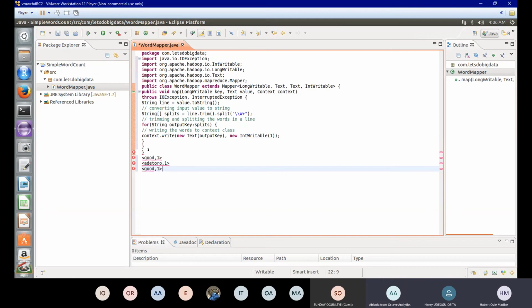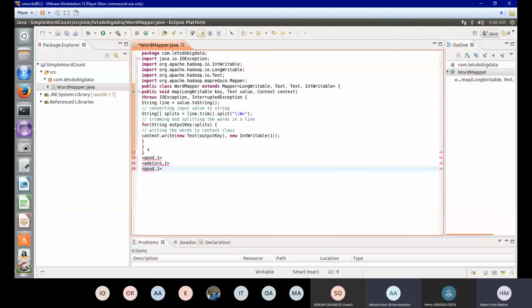Now, this is a key value pair. So this is what I'm trying to explain, that when you have your data, it takes each of these words and counts them as 1. Even the words that repeat themselves, it takes again, just like it did good here. It takes good again, writes 1. If there's another good somewhere, it still takes good and writes 1. So 1, 1, 1, 1, 1, 1, all through.